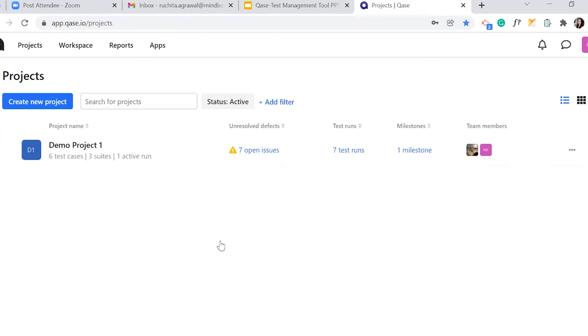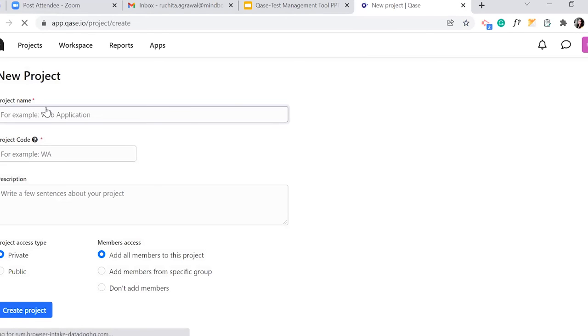Once logged in, you will get to see the project. I have created one project here. Now it's time to create a project. So the first step will be project creation. We can create our project by clicking on the create new button, create new project. Here we need to add the project name. So we will just add the project name SL demo